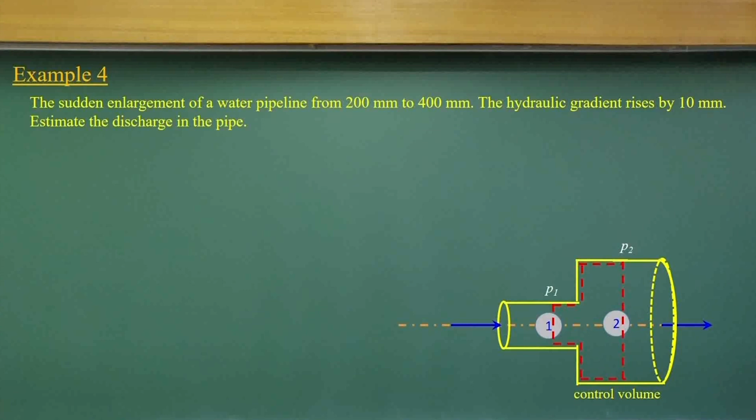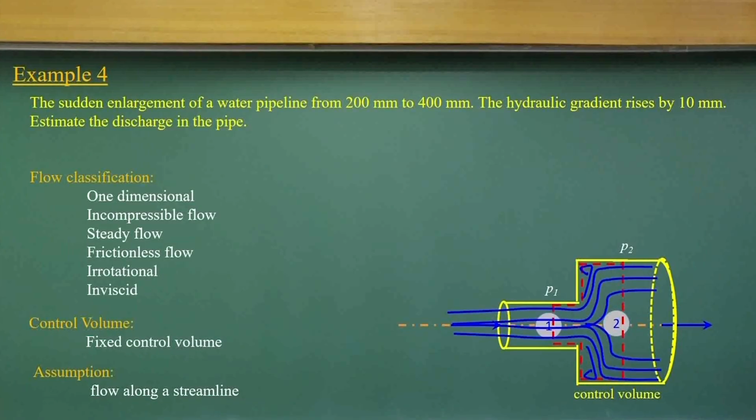Another problem, we have a very interesting problem here, that is a sudden enlargement of a pipeline from 200 millimeter to 400 millimeter. The hydraulic gradient rises by 10 mm. It is just given that the hydraulic gradient line has increased by 10 mm, then we can estimate what will be the discharge in the pipe. So, again we will apply the same mass conservation equation and the energy conservation equation